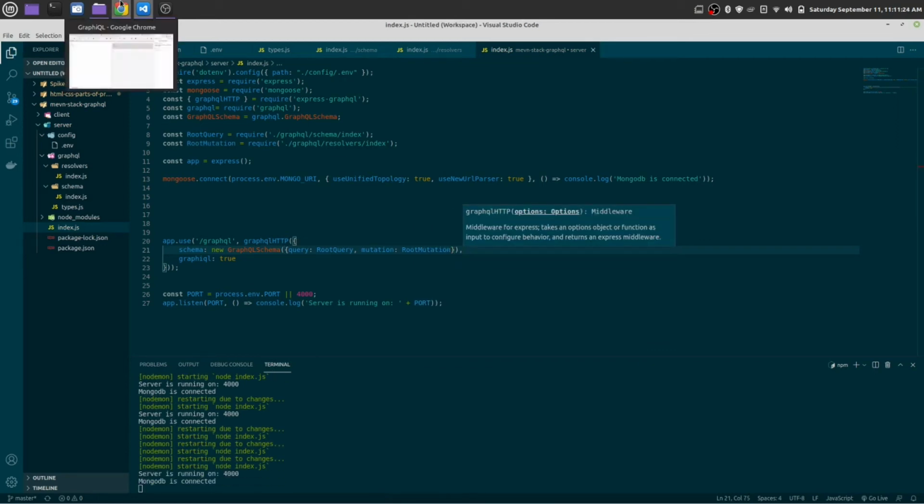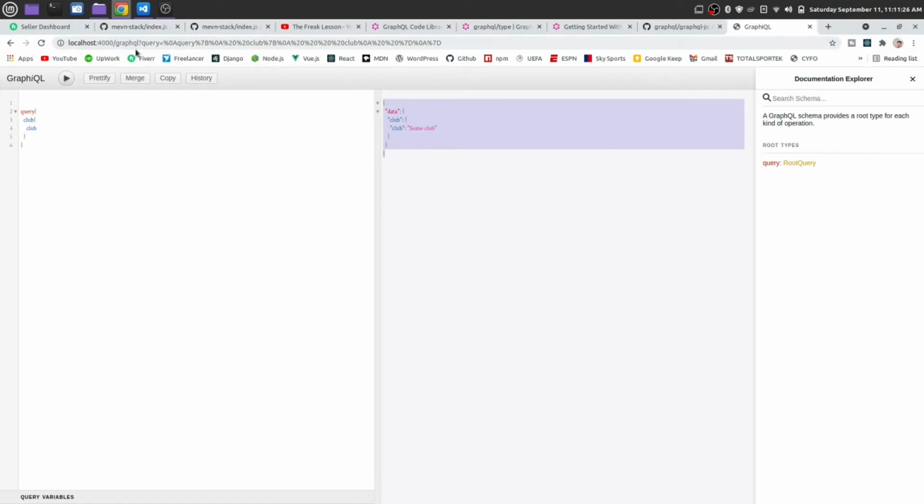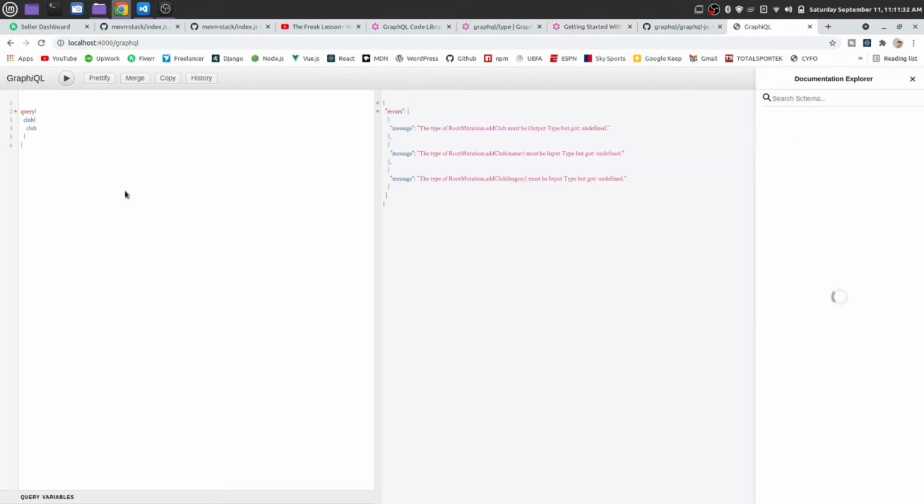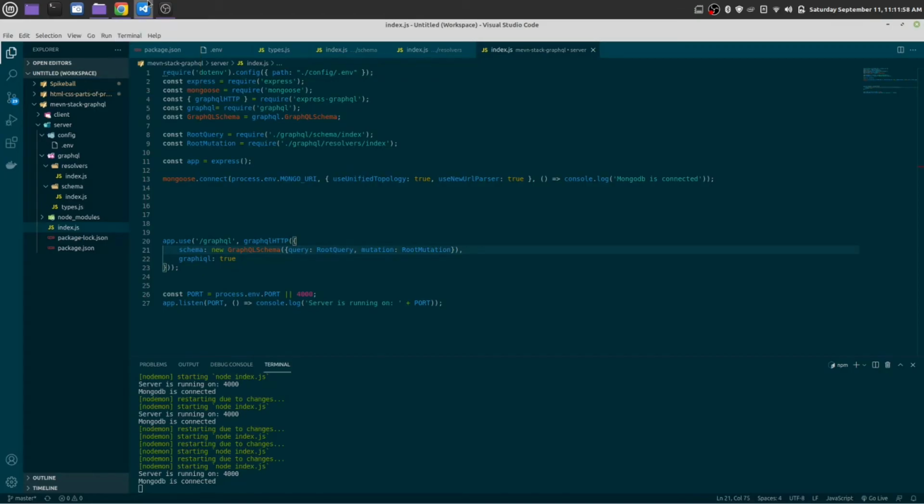Okay, save it. Now once again go to graphical, reload the page. Okay, it's saying some kind of error. This is saying the type of root mutation at club must be output type but got undefined. Here we also need to define our type.